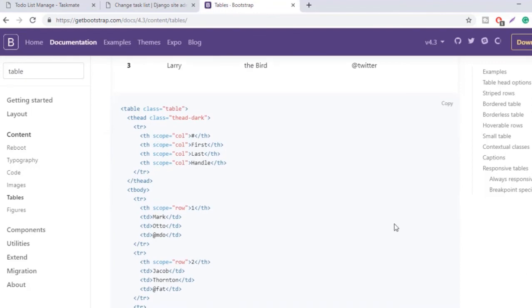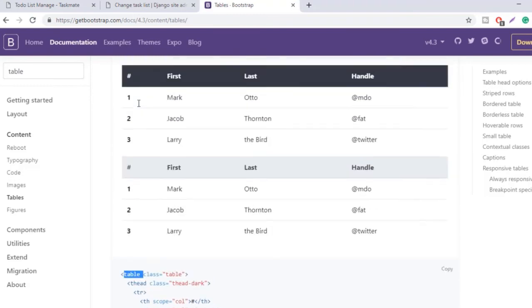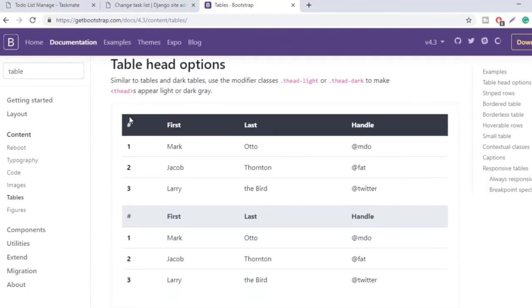Let me explain the table for a while. If you are already familiar with HTML and CSS, you can just directly go with the flow. If you are new to HTML and CSS, just spend a few moments. So what we are going to do is create a table, and inside that table we are going to divide everything into rows and columns. So this would be our first row, which is not going to change. That means it would be static. Why? Because we are not going to fetch any data for this row from the database.